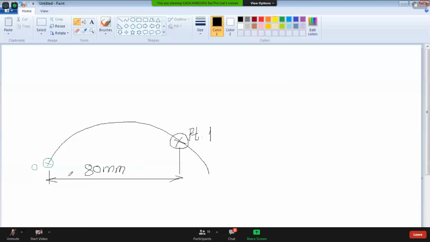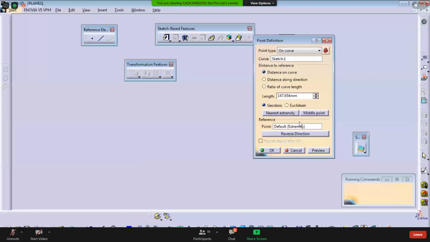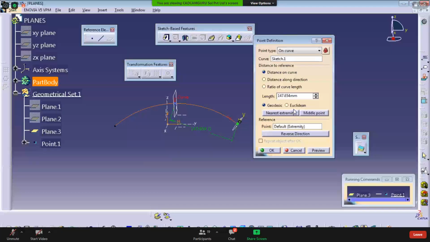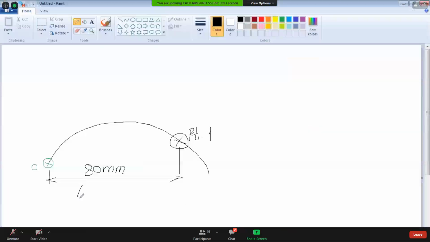And such a type of distance measurement we call Euclidean, which is shown here. Check the spelling: Euclidean.